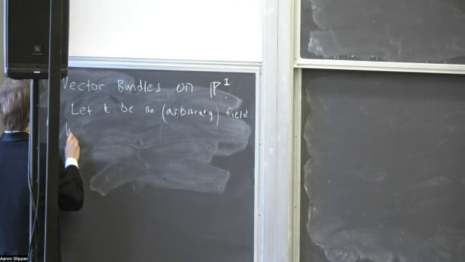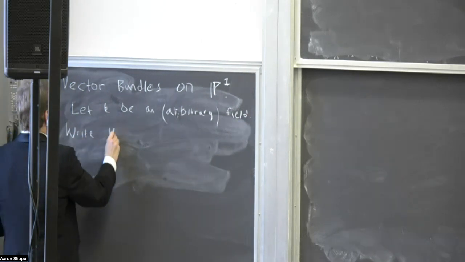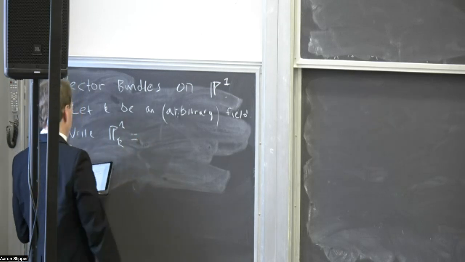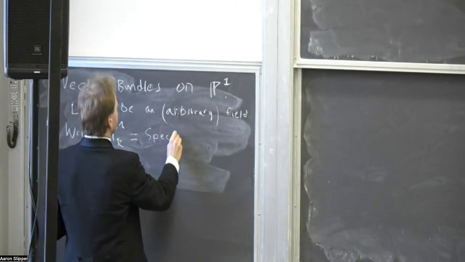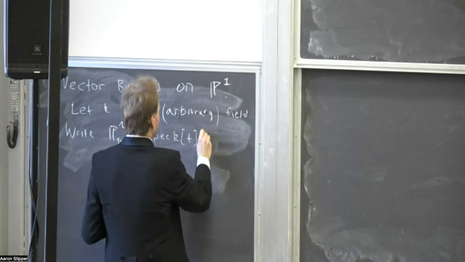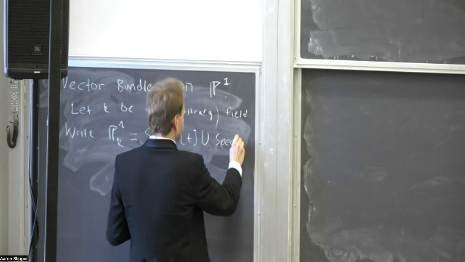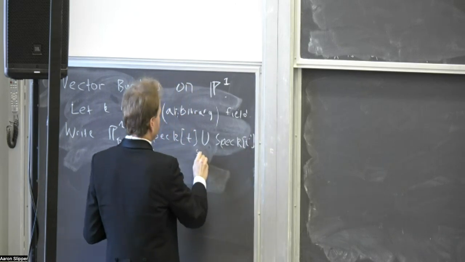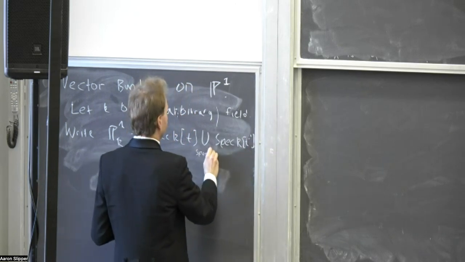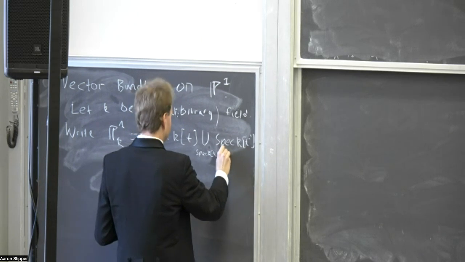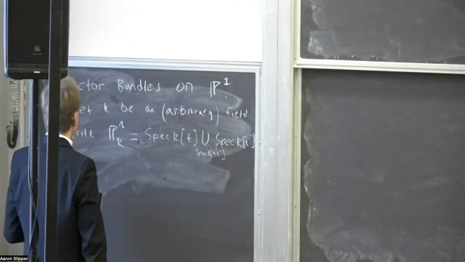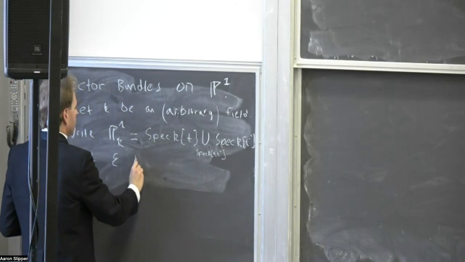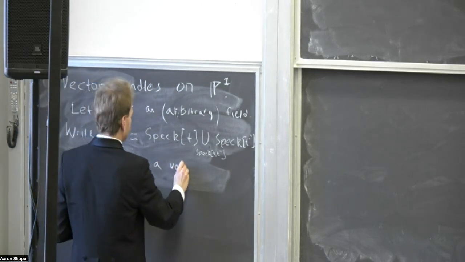All right, so write P1 as the union of spec K[T] and spec K[T inverse] over G_m, so spec of the ring of Laurent polynomials. And let E be a vector bundle